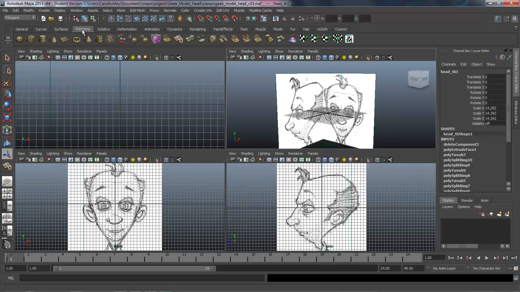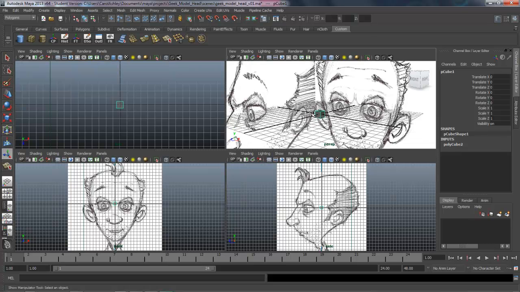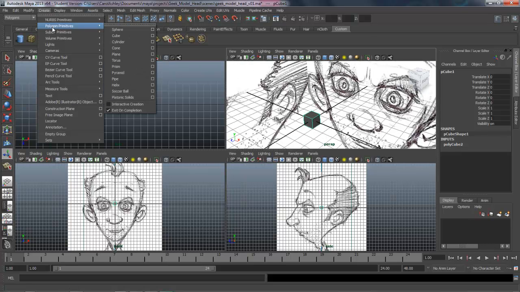You can also use the polygon tab. You can use a lot of the different tools off of this shelf right here. So I'm going to come back to my custom one. I'm going to be using a polycube, and we're going to get started by just clicking on that. Maya has created that in the center here. So if you're just creating your first one, make sure that interactive creation is turned off. And you just drop a cube out there in the center.